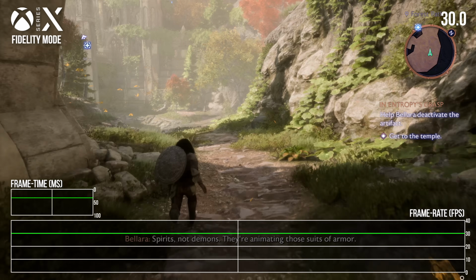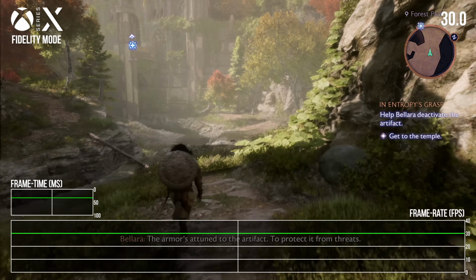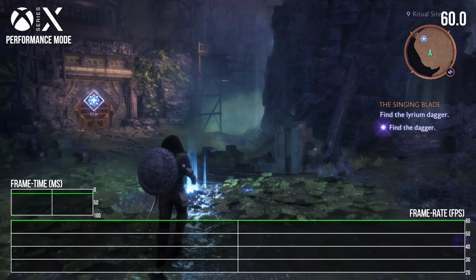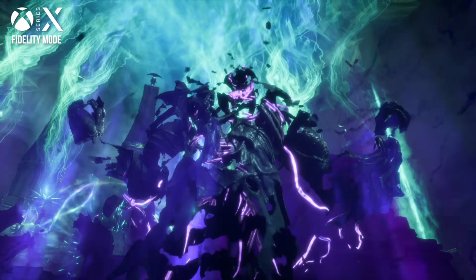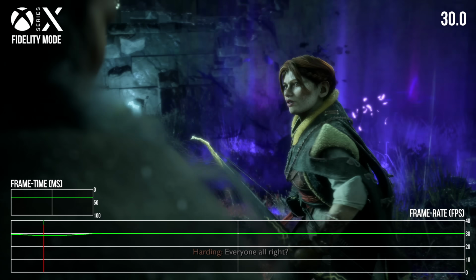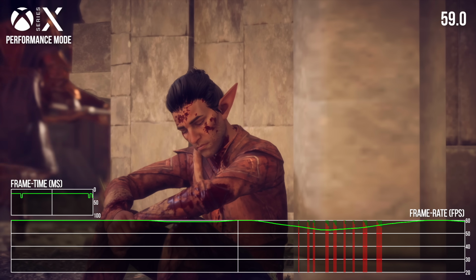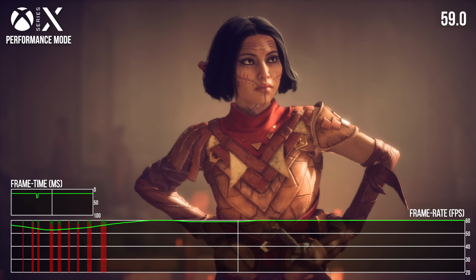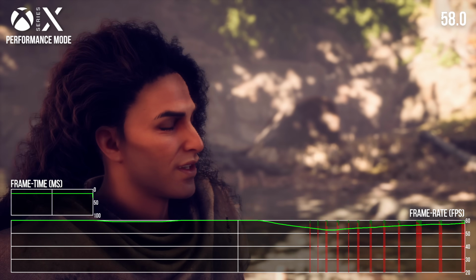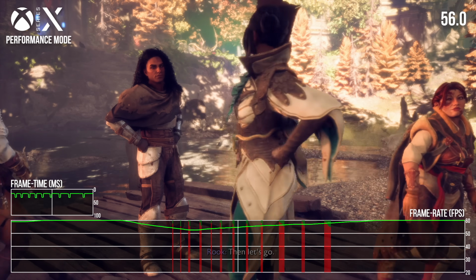Performance on Series X is pretty good. Again, the 30 FPS mode runs with a locked frame rate, outside of one brief cutscene moment I spotted in the game's first area. The performance mode runs very similarly to PS5, suffering framerate drops in the same moments with a similar magnitude. It's a good experience on the whole, but it does have some slight rough edges in that performance mode on